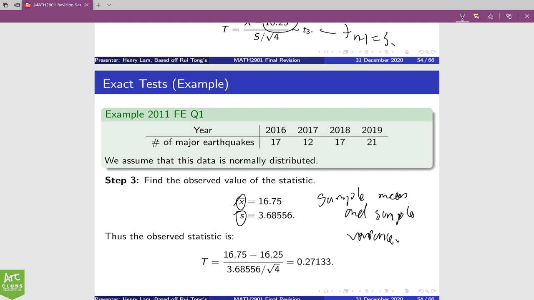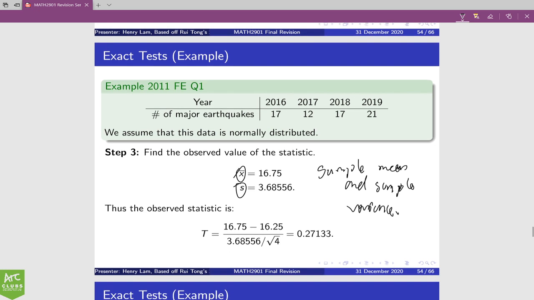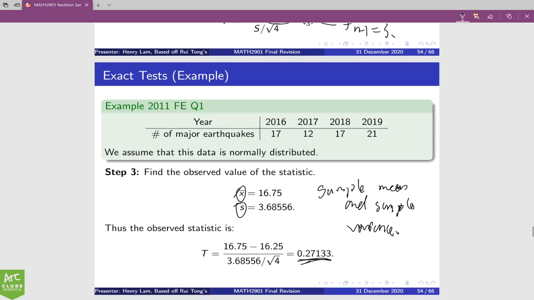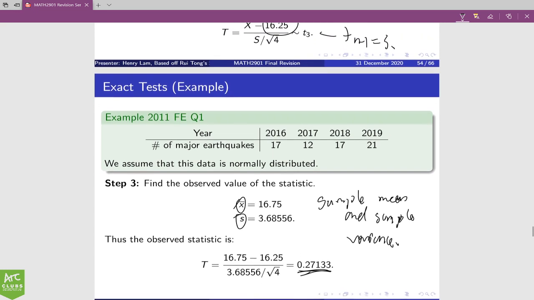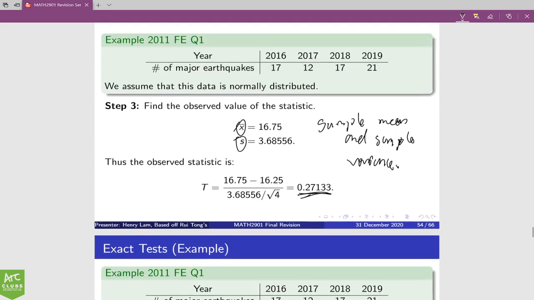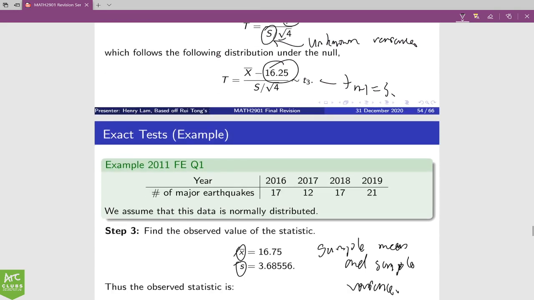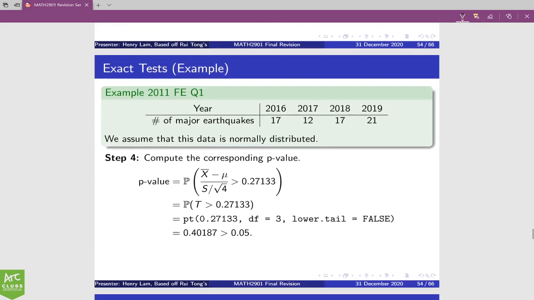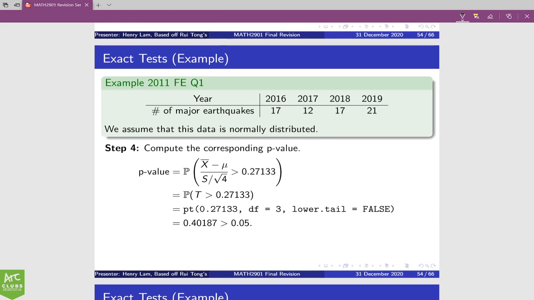Right, and you just sub those in. It goes into this thing up here. And then you'll see that this is the observed value of your statistic. Alright. Now, since we're doing the p-value variation of this test, we look at the probability that the statistic, so